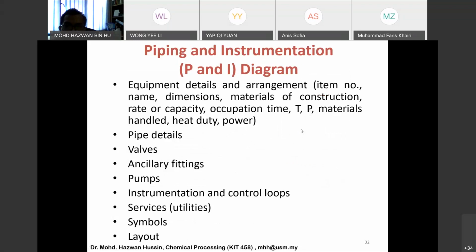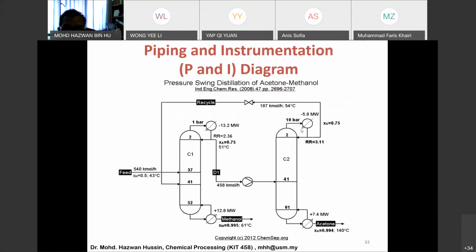Alright, meanwhile for PID, it actually shows the equipment details, arrangement, name, dimension, rate of capacity, occupation time, temperature, pressure, and other details like pipe, valve, fittings, pumps, instrumental control loops, service, and also layout. Okay, so this is actually the examples of PID. So as I said, it's different with